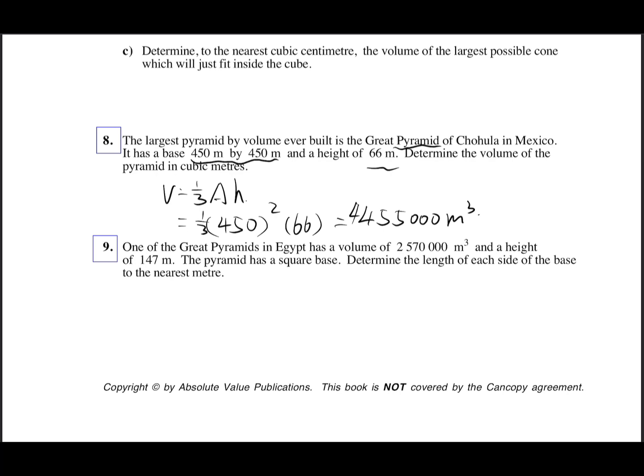And number 9, still a pyramid, and we have the volume and the height. Because this is a square, we need to find the length of the base. So it's volume